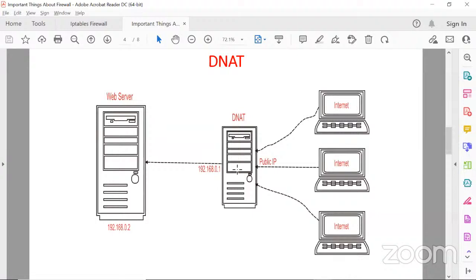The third type of firewall. Like yesterday, when I was coming from my town to Chandigarh in my own car, it is almost 170 kilometers, and at two places the policeman stopped me.